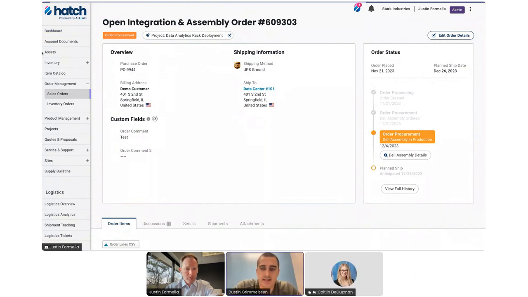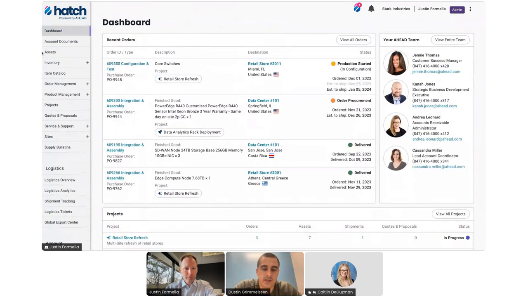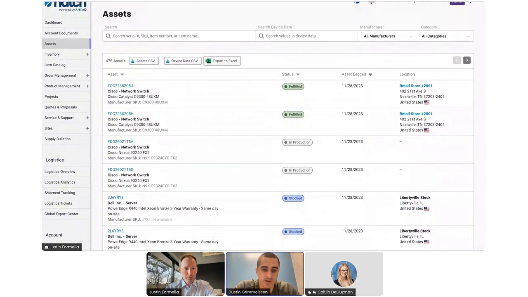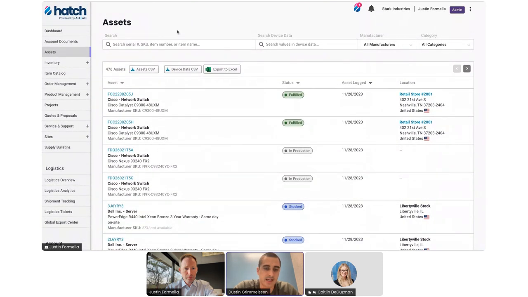And I would just add to that too. Basically any solution that's procured through us, we can get into the Hatch platform. There are some vendors like Cisco that we have very deep upstream integrations with, that we can see into the supply side all the way through, ordering, automatic shipment status updates and those kinds of things.